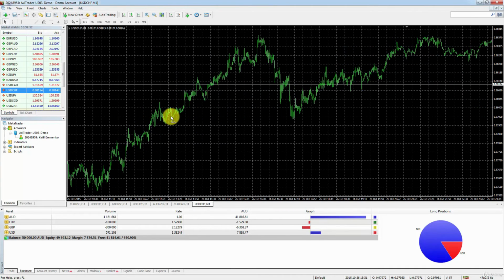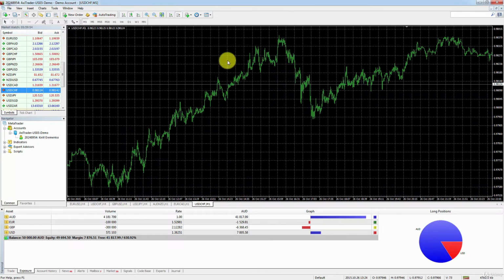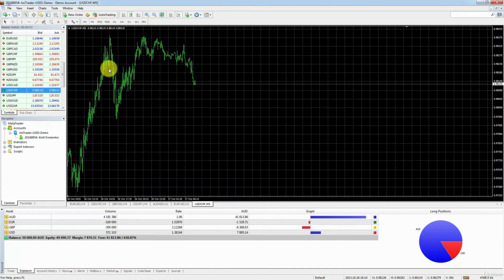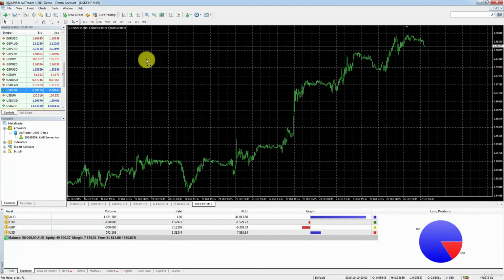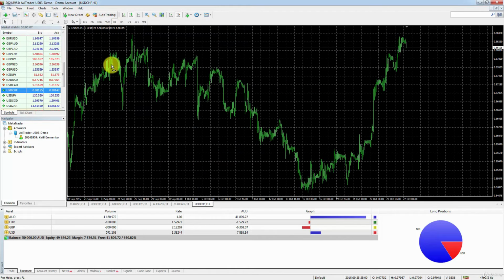Now, for some trading strategies, you might need that much detail. For some, you might not. There's a lot of noise in this movement, and it does take up a lot of space on your chart. So sometimes traders trade M5, sometimes traders trade M15, M30, H1. Also, you can go up. So instead of going down, you can look at what happened on a larger scale, right? So if I zoom back in,